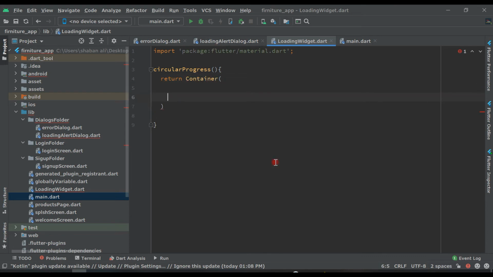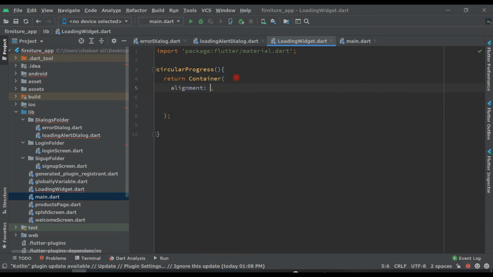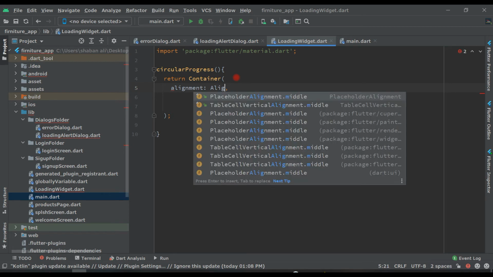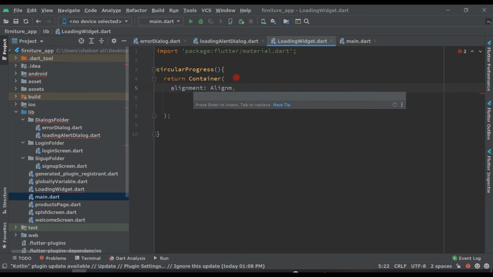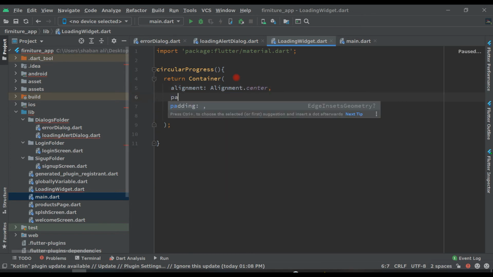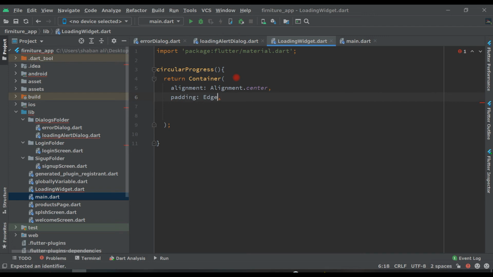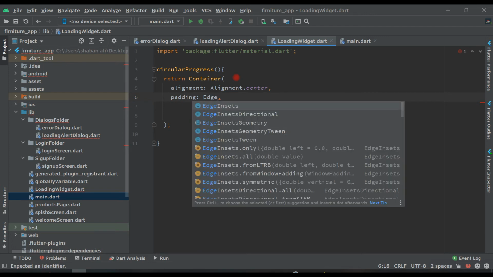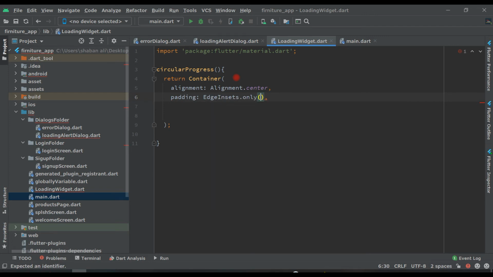Inside this Container, alignment will be Alignment.center, then padding EdgeInsets.only top 12, and then the child.